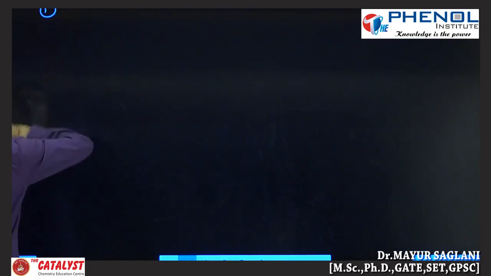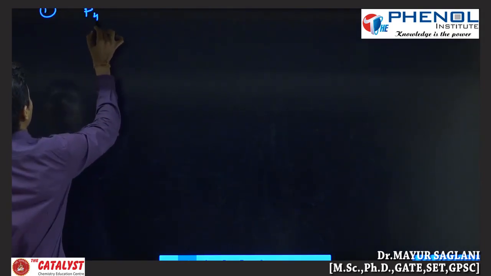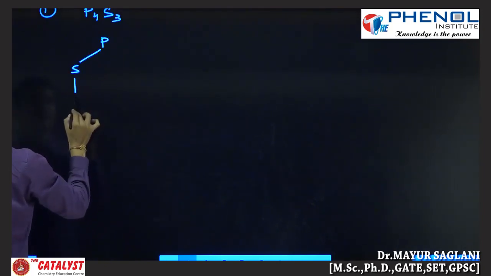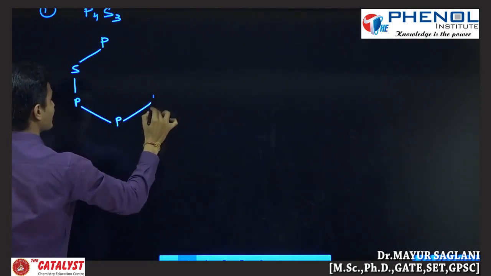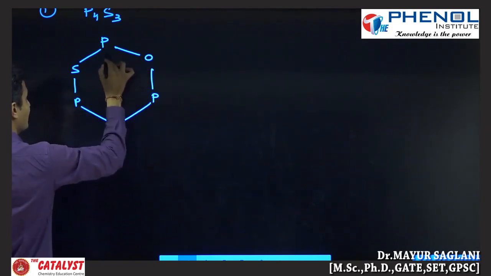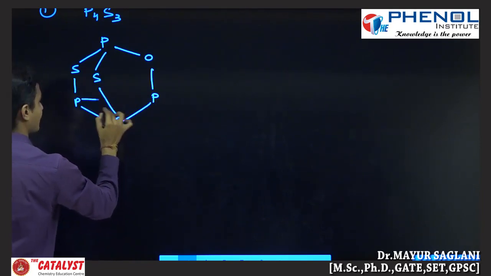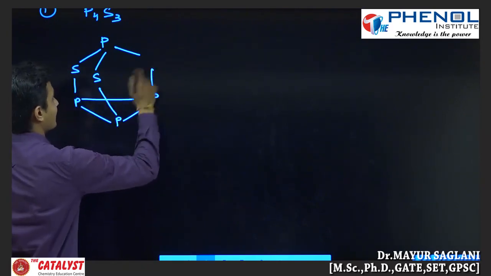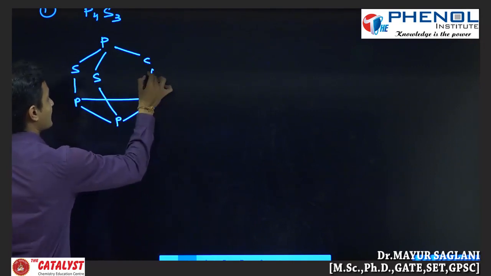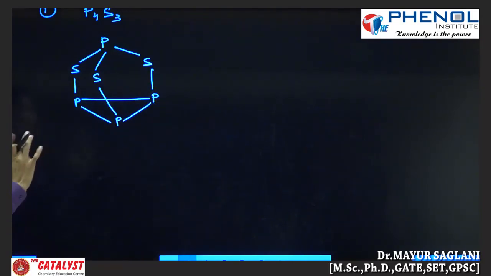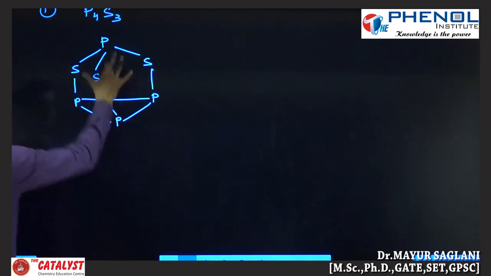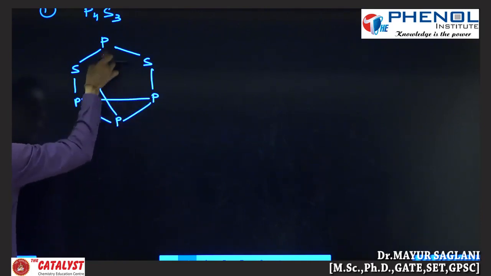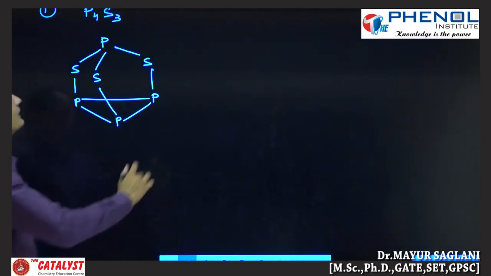Okay, the structure of phosphorus with the sulfur, I will write first P4S3. Then here phosphorus, instead of oxygen there will be a sulfur atom. Okay, there is nothing new. Sorry, by mistake I have written here sulfur oxygen, but here there will be a sulfur atom. So here you can easily remember this structure. You see PSP, PSP, and there is one more sulfur atom in the bridge. Fine. Now you see another example.